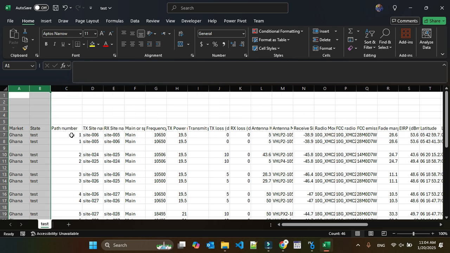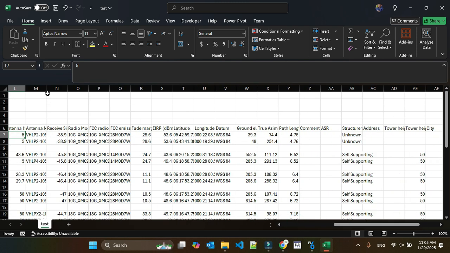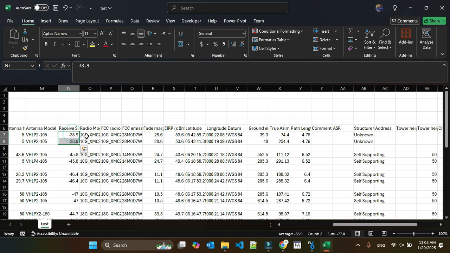So what it does is that it gives every path a number: this is path 1, then you have different paths. This path 1 has two sides, Tx and Rx. When Tx is 6, the Rx is 5; when Tx is 5, Rx is 6. Both of these are main, we don't have any diversity. Main frequency is 10, Tx power is 19, and bandwidth we don't know, we haven't put any Tx and Rx losses here. Antenna height is 5, then the antenna model, what kind of radio we are receiving, what is the radio